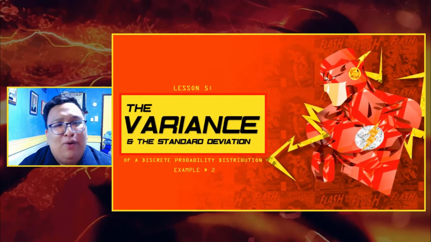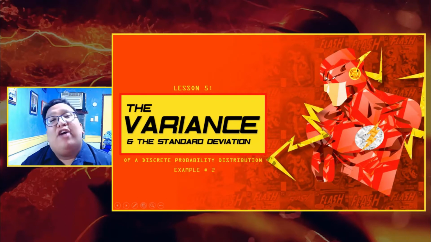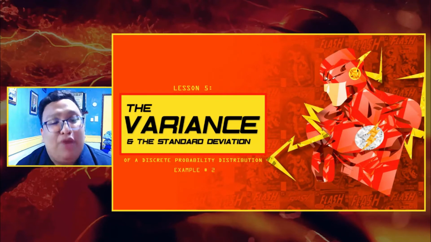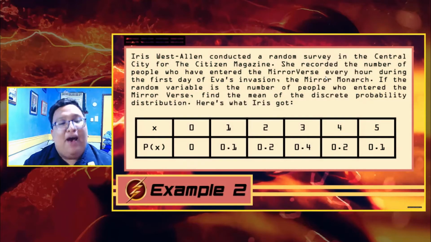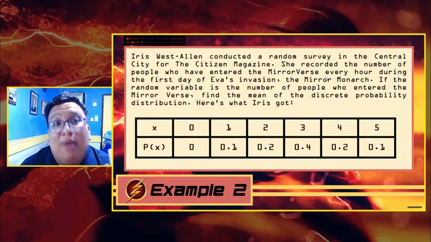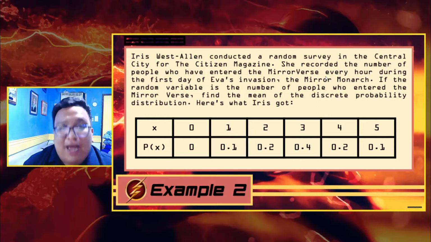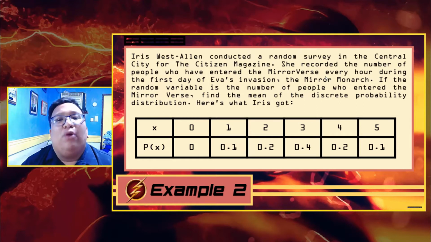Alright, hi there. So, welcome to our second video on computing the variance and the standard deviation of a discrete probability distribution. So, in this video, we're going to tackle example number 2. And this is about the previous problem in our previous video about Iris West Allen, who conducted a random survey in the central city for the Citizen magazine, and she wants to identify the mean, the standard deviation, and the variance of the number of people who have entered the MirrorVerse every hour during the first day of Eva's invasion,